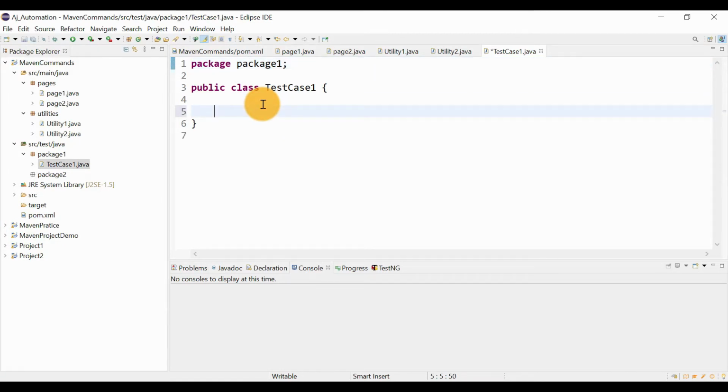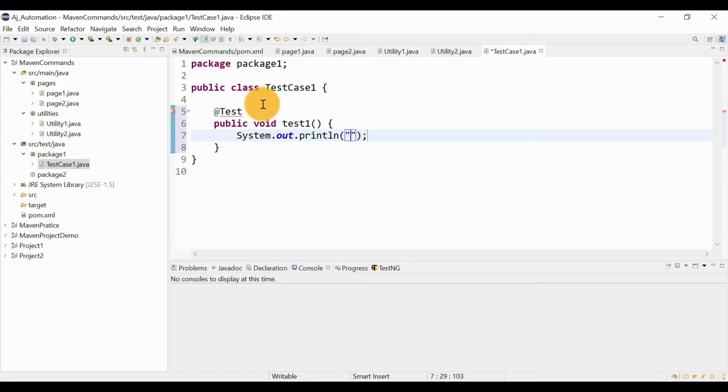Here we will just print something in the console: public void test1, and you write something like running package 1 test case 1.